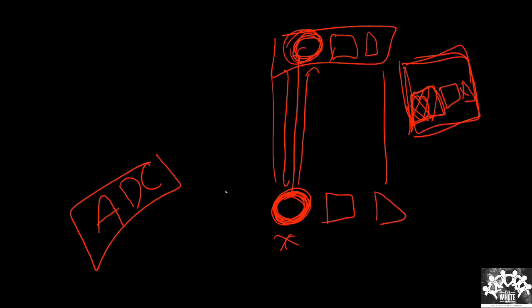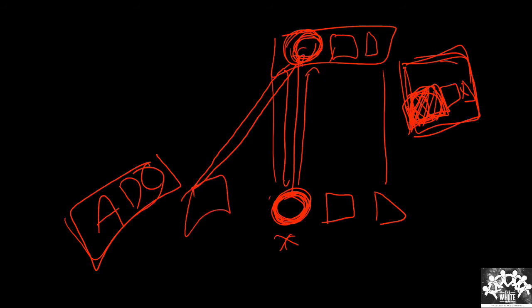The sound which has deviated from the normal path, reflecting into the probe, will now be seen as coming from the same object, the same area. So what does the analog to digital converter think? It thinks that these are coming from the same area. There is one square and a box, so it will just draw it how it thinks. It is not like a human mind. It doesn't know how to align itself.